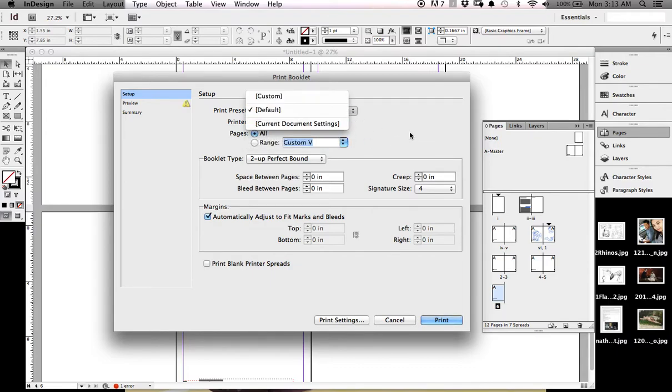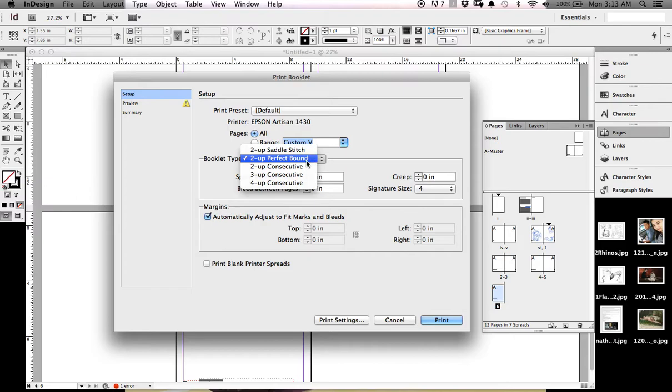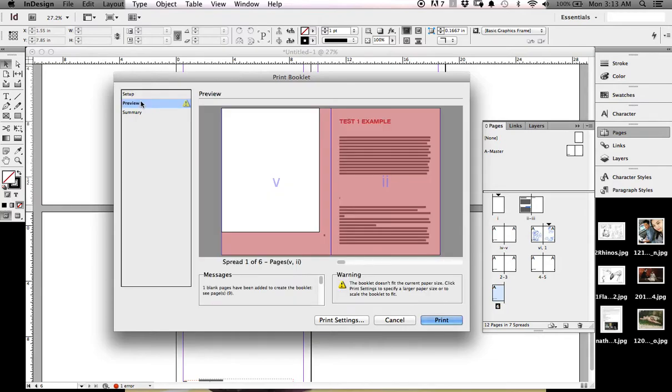Okay. So default. These are default settings, I believe. And so it's already on 2-up perfect bound. If it's not, then just change it to 2-up perfect bound. Okay. You're going to be printing all the pages. You're going to be wanting a signature size of 4. And this is preview. All it's warning me about is that the booklet doesn't fit the current paper size, because